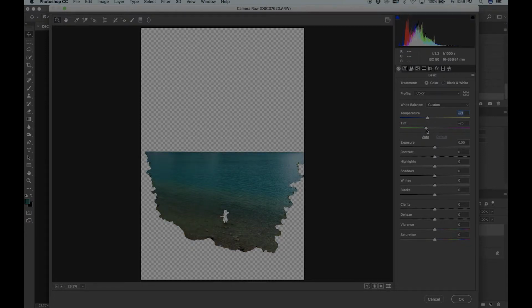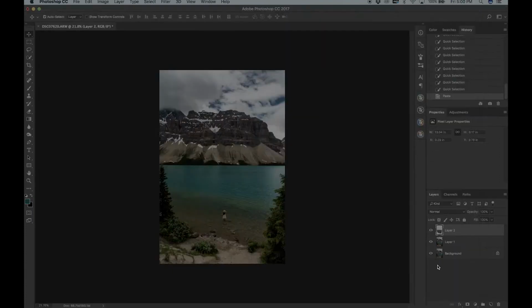So I'm just going to play with the white balance till I get a color I like a little bit more. You can add some dehaze, get some saturation, add some vibrance, and you can see the before and after. And that I think looks awesome. So before, after,